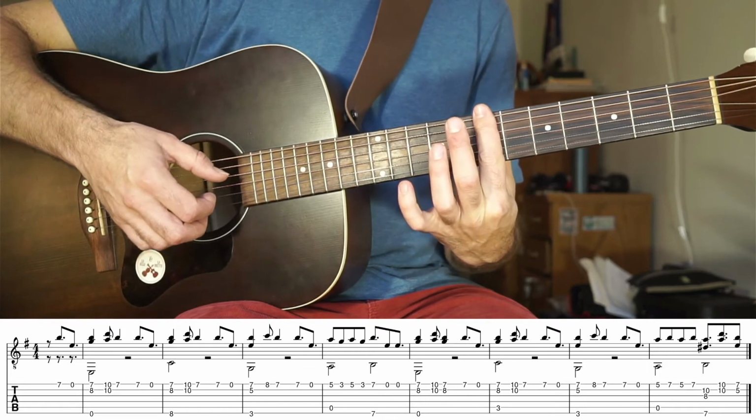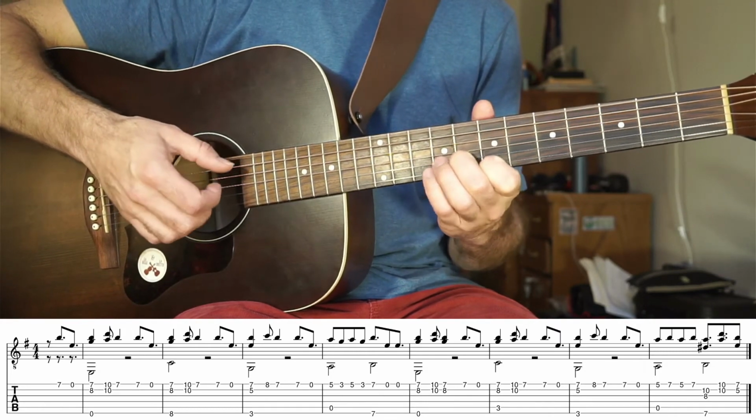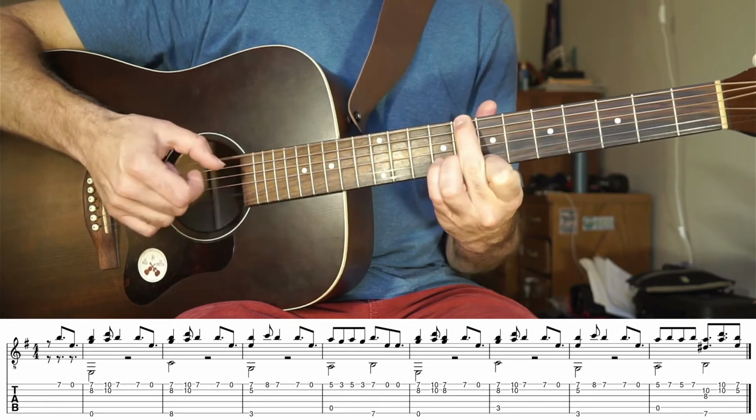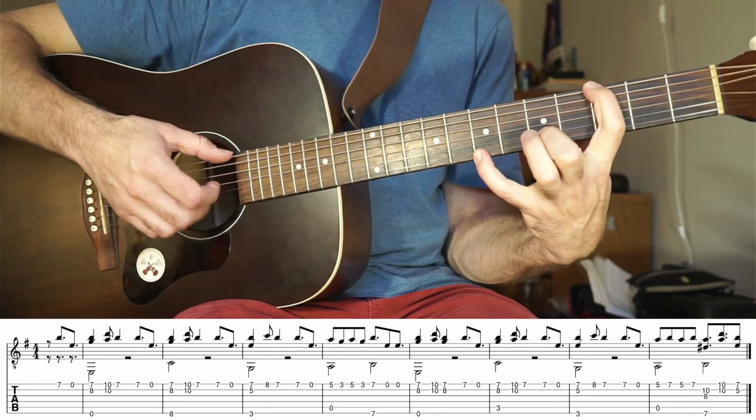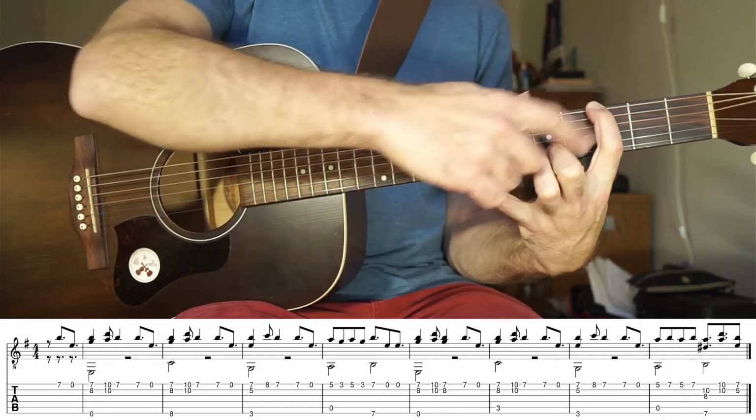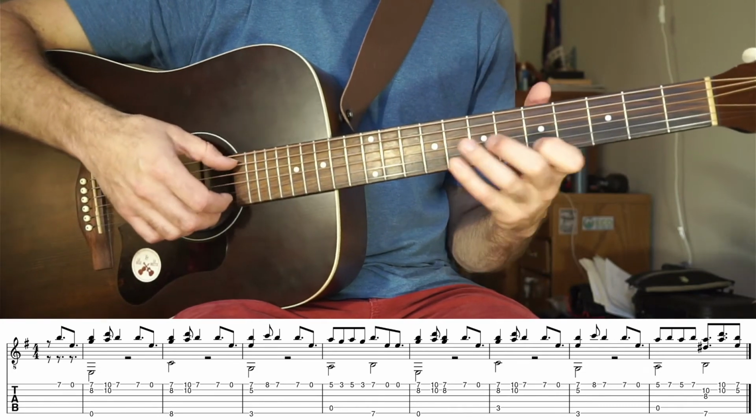And then after that, it moves up to B. And then after there's this C harmony again. Then there's a G harmony. So you stretch from 3 to 7, and then you have